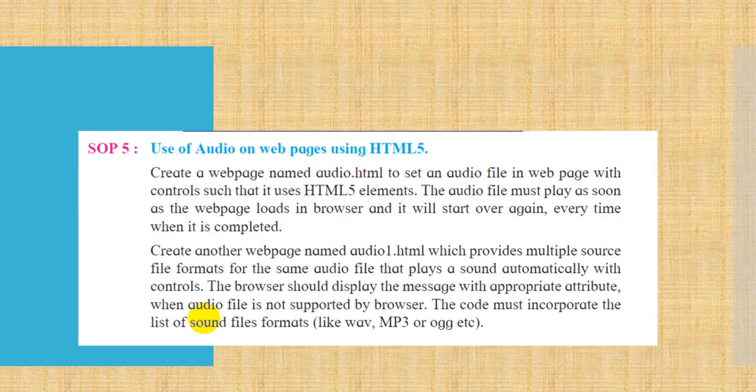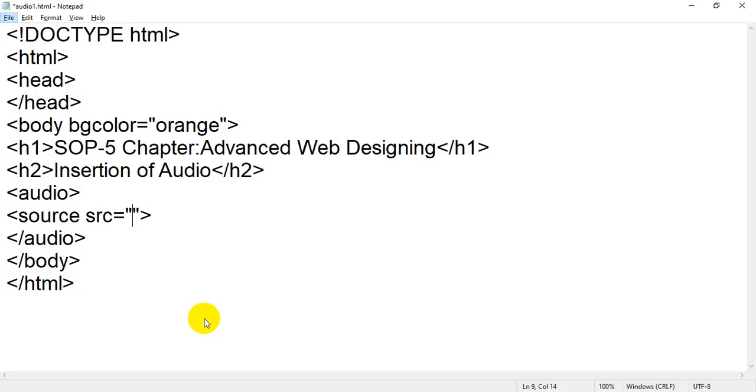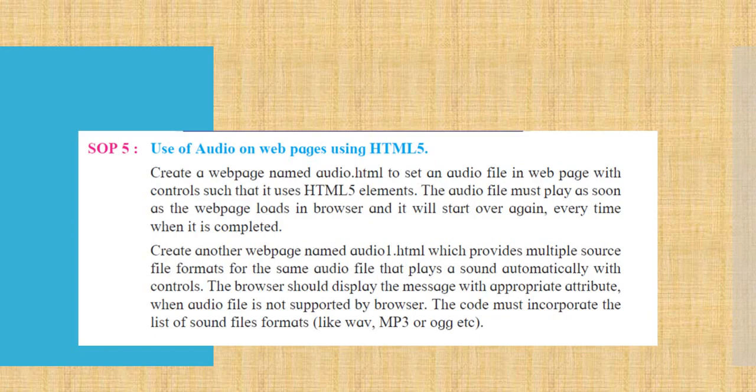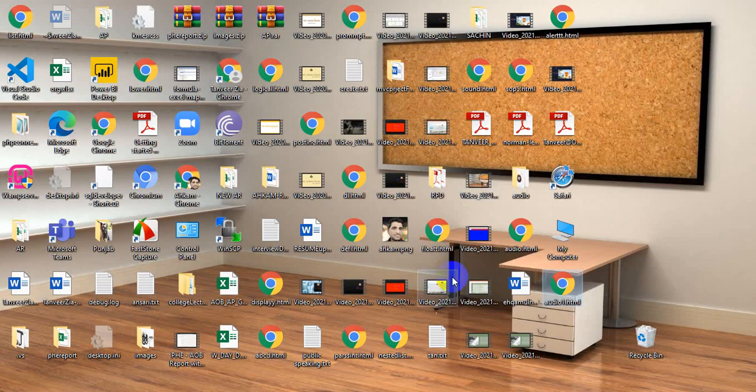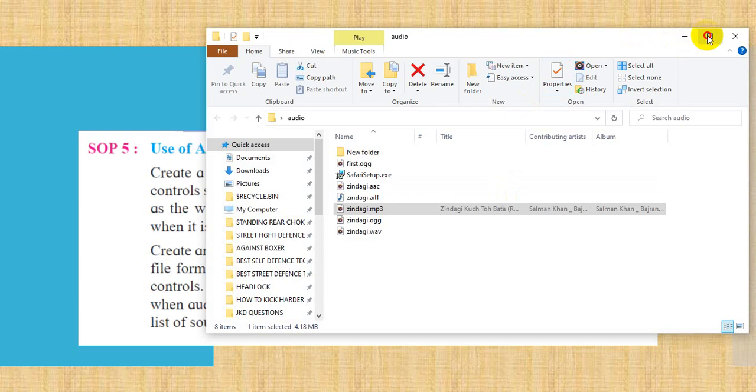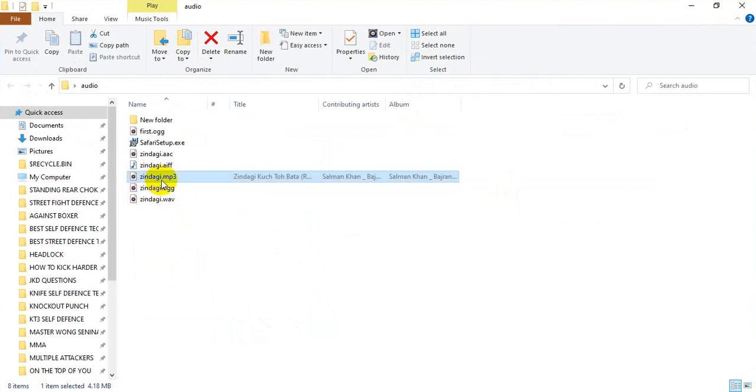Sorry, why is it not coming? Okay, so my file is here, audio. I have created a folder, and inside that I have the file. Now I am going to add the first file, zindagi.mp3.